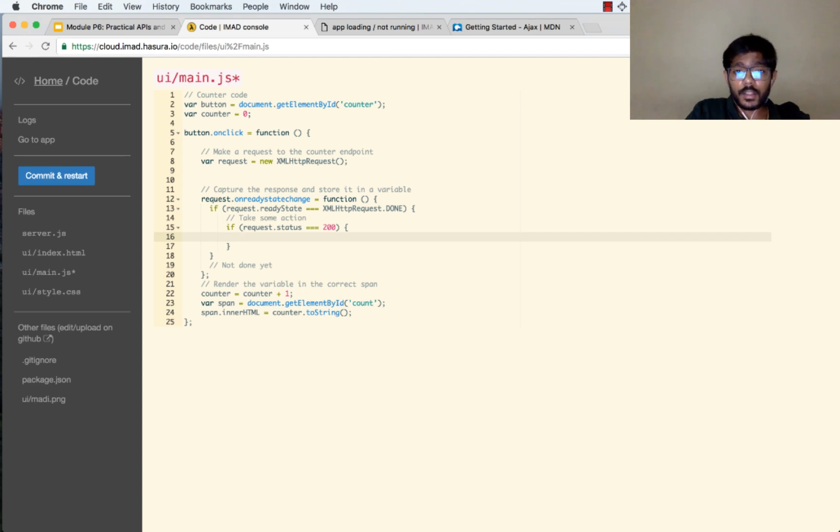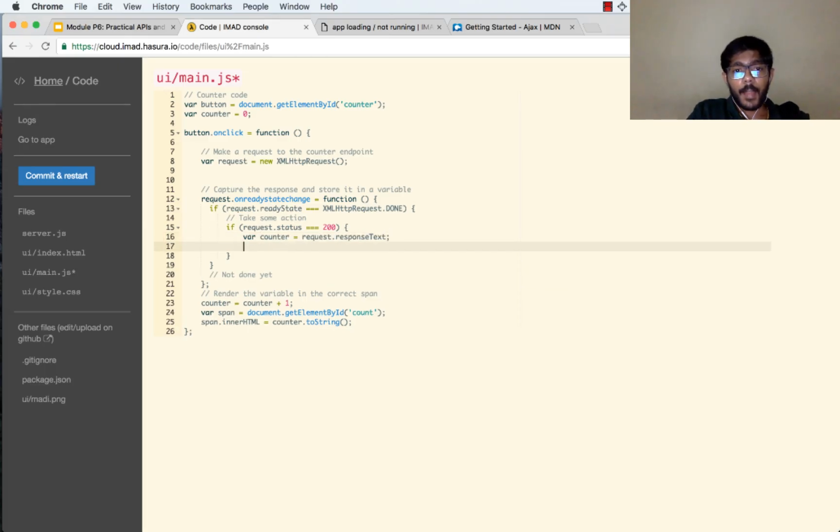Now if the request status is 200, that means the request is successfully completed, right? And then what we want to do is extract the value from this request. So we want to capture the response text, so we'll say request.responseText, and this gives us access to the response value, which will have a number, and we'll say that our counter variable, so var counter is equal to this response text, right? And then what we'll do is we'll change